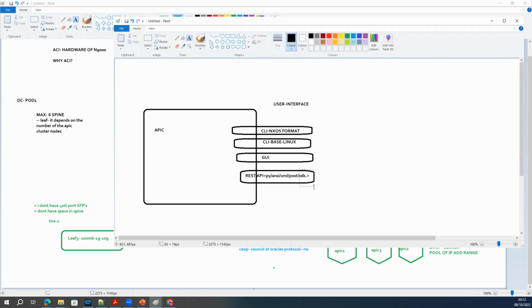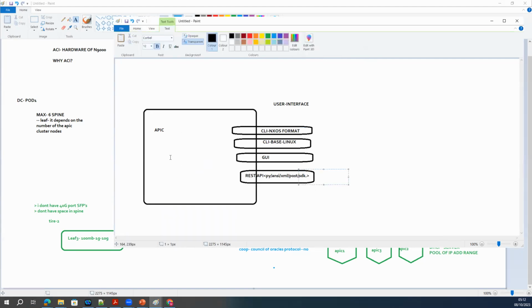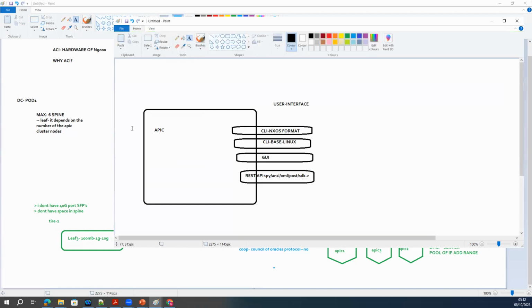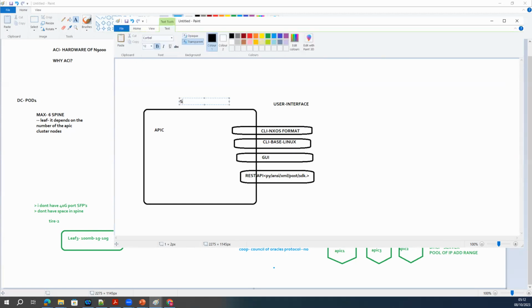If you know the SDK with Python or any other language, no problem, I can support that. APIC has open source API support. It means any third party, anything you can integrate, APIC has the ability to accommodate those APIs and REST API interface requests. This is how broad the APIC configuration or user interface is. That's the reason this is the most successful SDN solution in the data center.